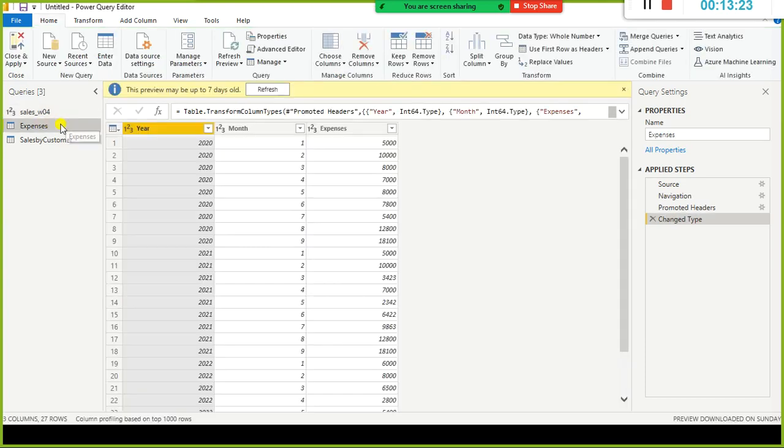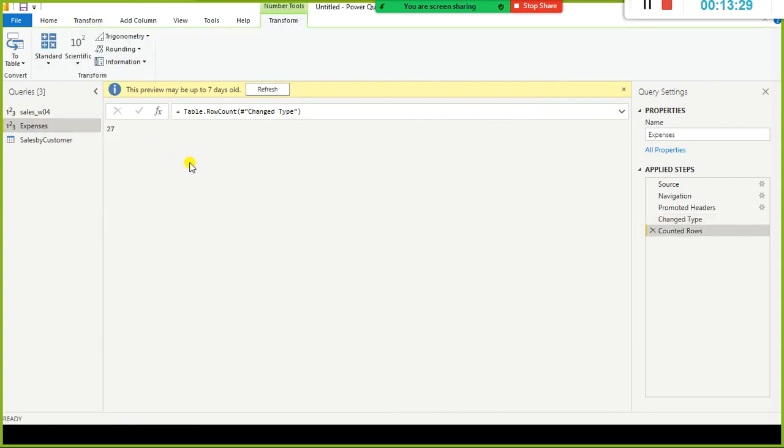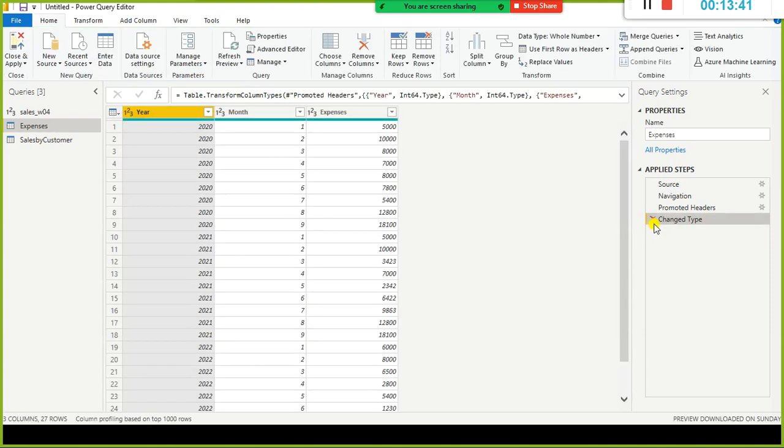If I select this one, and again go to transform and click on this, it gives me the total number of records, 27. This is how you can find out the total. If you don't want it, you can click on the black colored X on the right side in the applied steps.